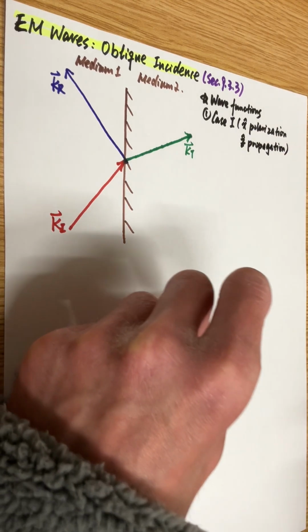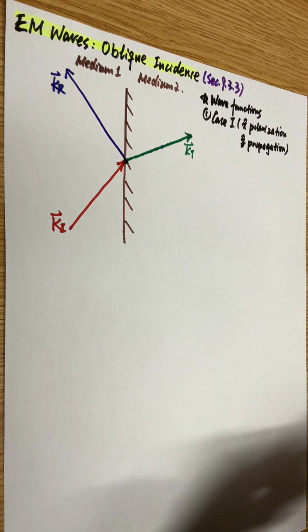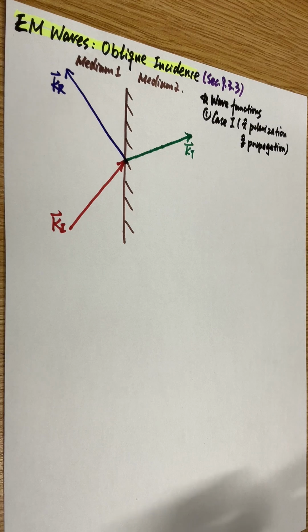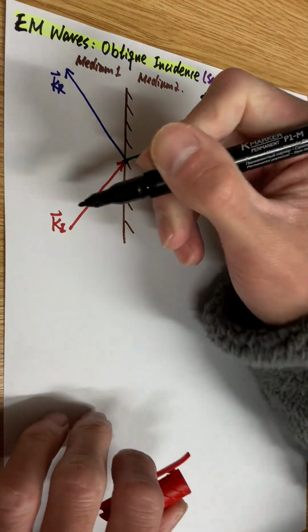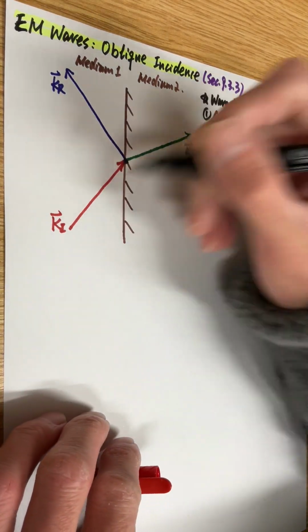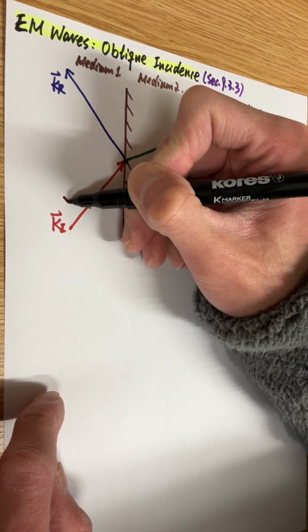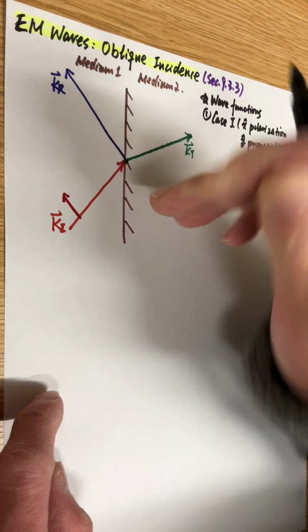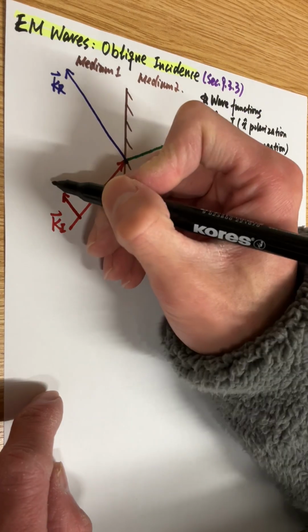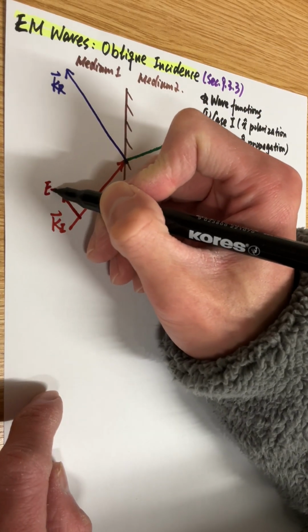So this is the most simple case. So if you look at here, we have the propagation direction, and then naturally the electric field is perpendicular to the direction of travel. We have E, I,